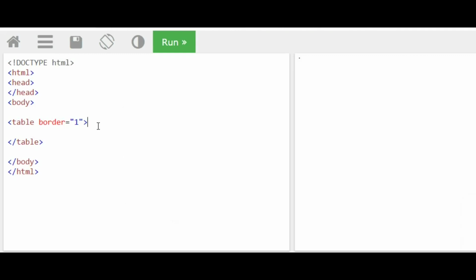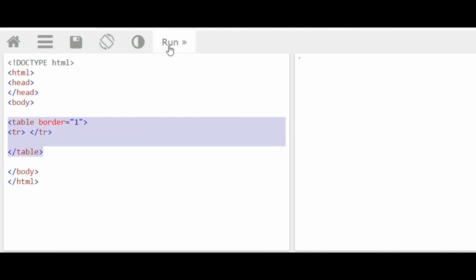Okay, how to draw a row inside a table? That is using tr tag, open tr and close tr tag. Fine. See, I have a table with one row. I will execute the program. I cannot see anything here, a small cell. Here you can see a small cell. Why is it not properly coming? Because you have not mentioned how many columns are there in a row.